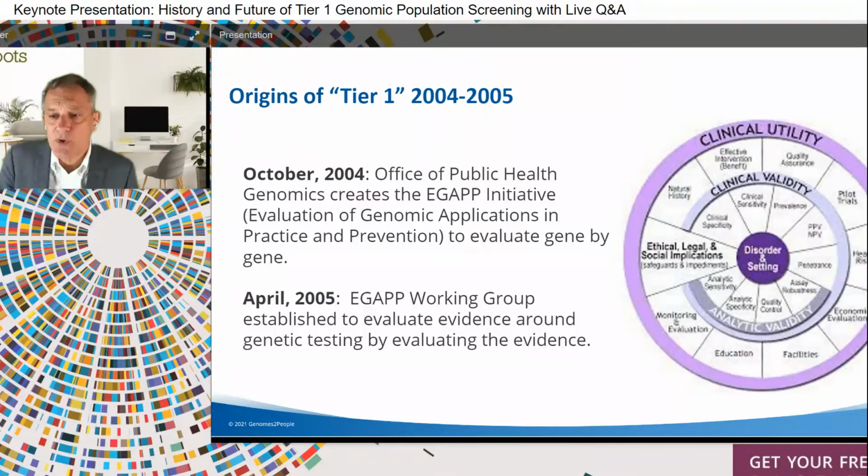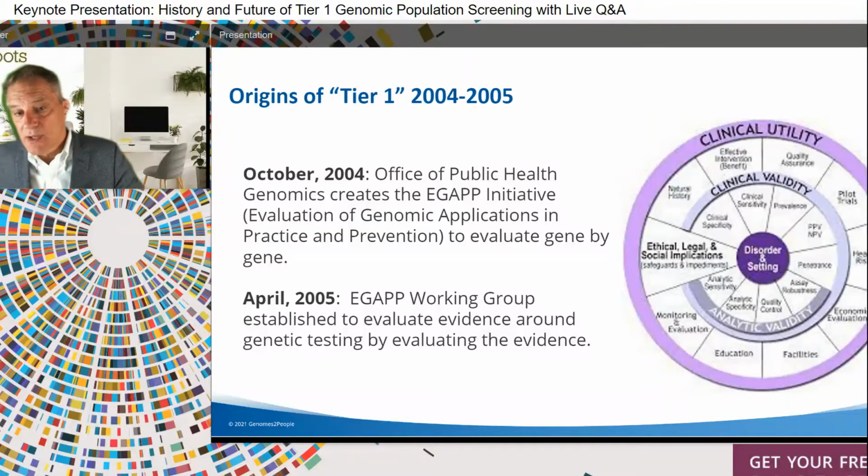So this framework was incredibly influential, but it was also very slow. I participated in some of these early meetings, and I was really thinking, this can't work in the long run. You can't spend 6 weeks or 6 months on a single gene and hope to keep pace. And sure enough, this implementation framework sort of lost traction as sequencing became more and more ubiquitous and faster and less expensive and more clinically useful.